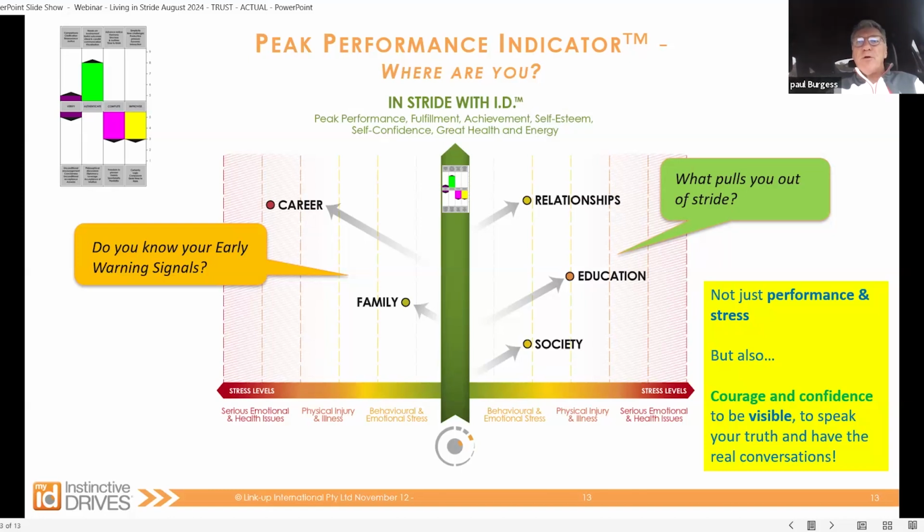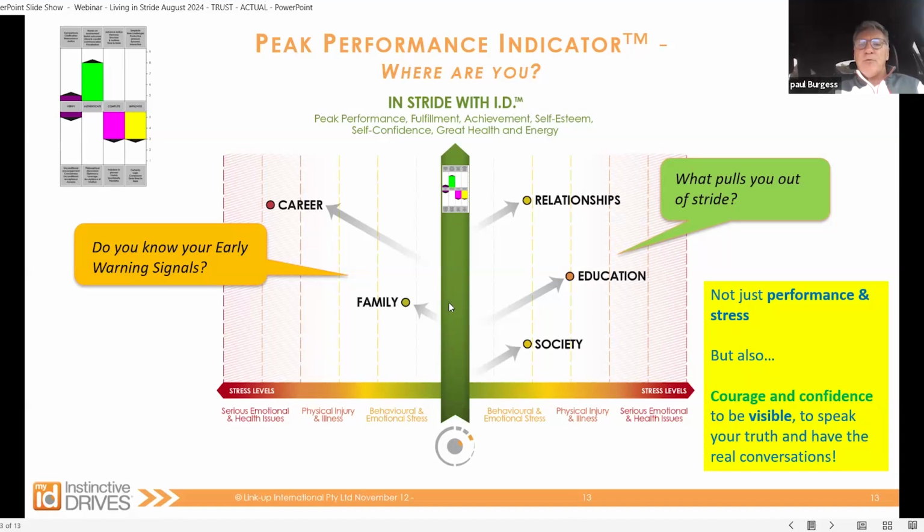And so when people first learn about their ID, it even comes up that others will say things like, but I don't see that in that person. I don't see them showing up like that. It's not that the ID is wrong or anything about the person is wrong, but if people aren't in stride and being true to themselves, then of course they're not going to show up the same way as their ID indicates. And so if you want to live a life that is fulfilling, meaningful, bringing you the joy and the contentment that all of us seek, and those are the things we've got here at the top of the chart, you achieve that purely and simply by living your life in stride with your ID.